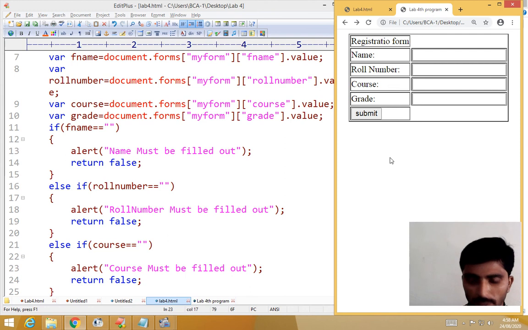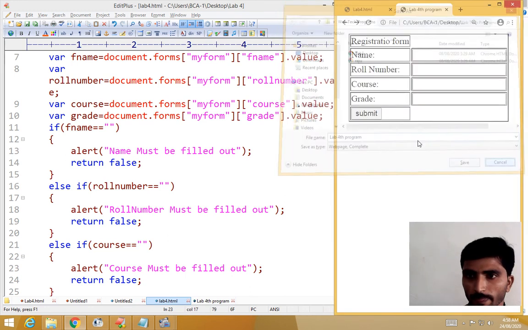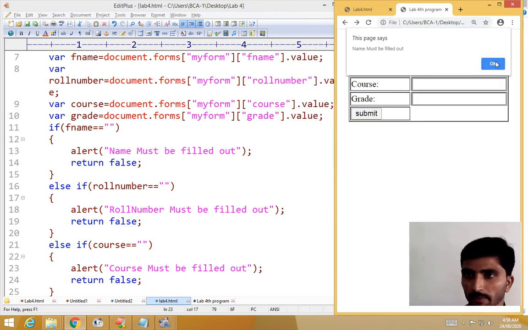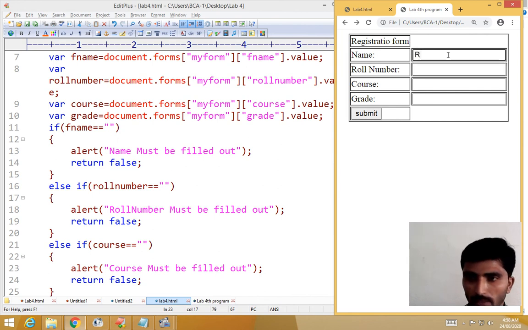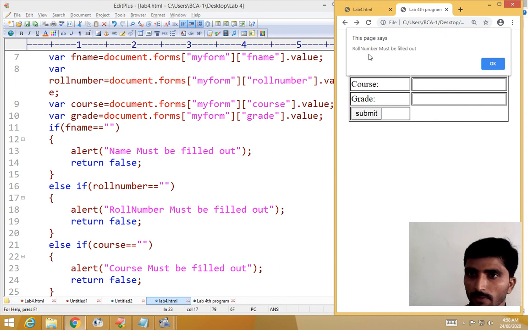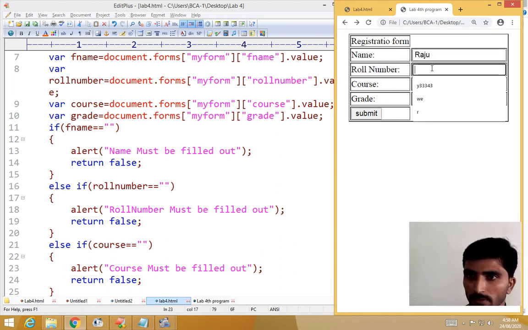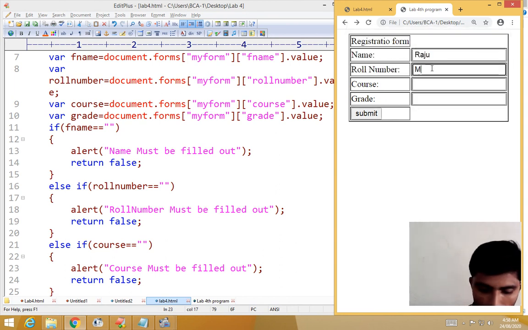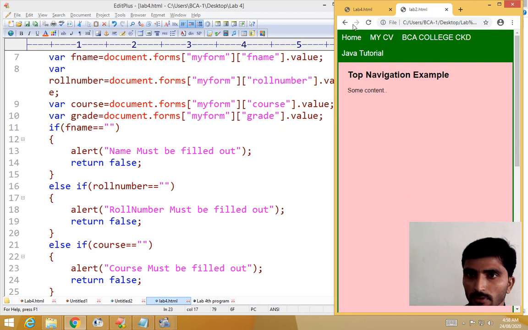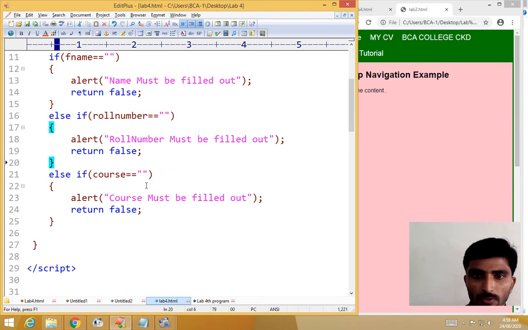Now come back. First I want to execute. The name must be filled out. So now I enter Raju like this. Now roll number must be filled out. Now I enter M1114520, whatever you think. Sorry, course.